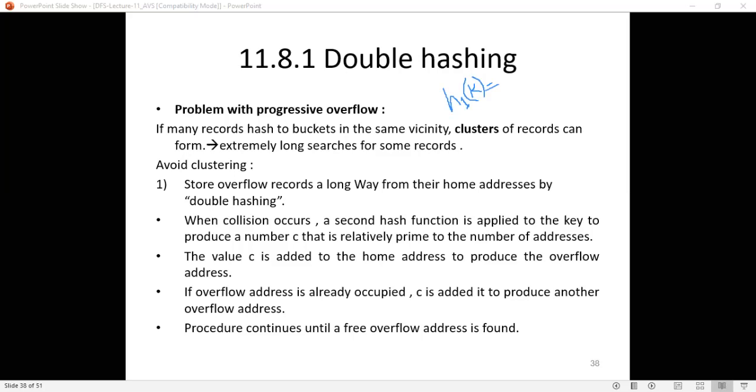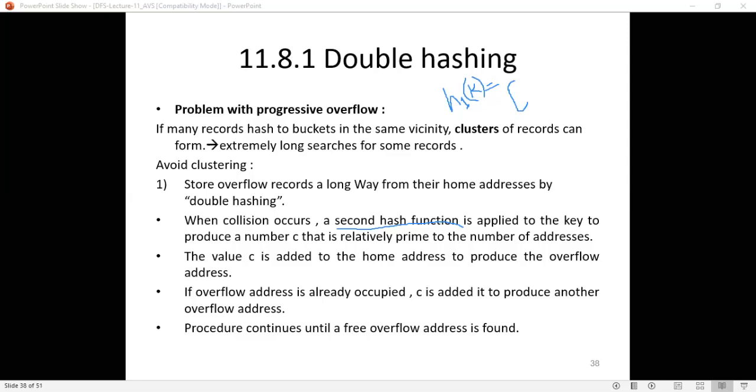Now assume that the address generated by H1 of K is already filled. Then you are going to use a second hash function, H2 of K, which generates a value, that is C.